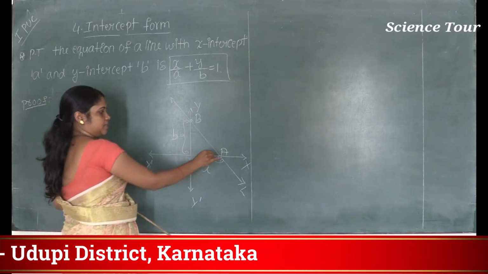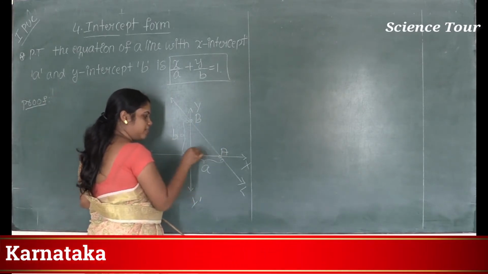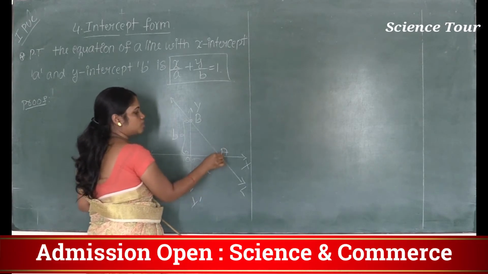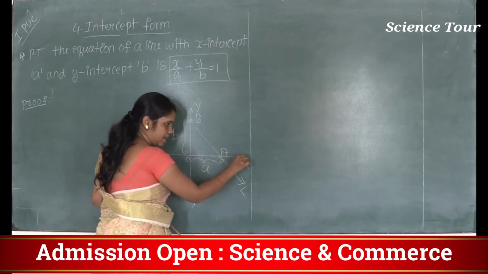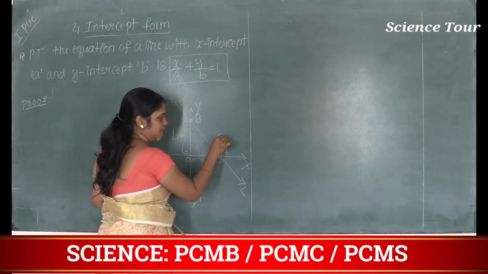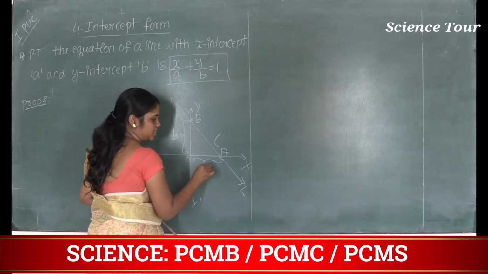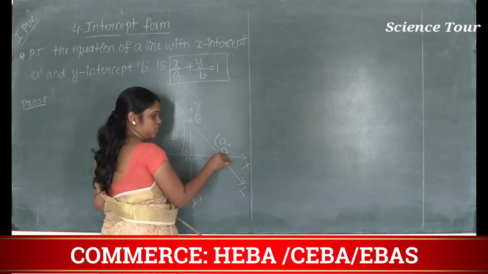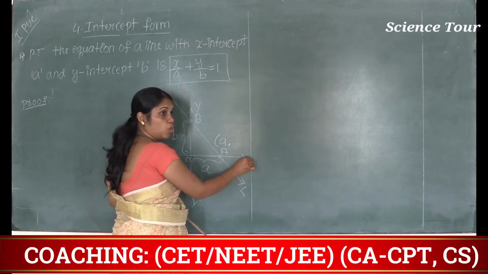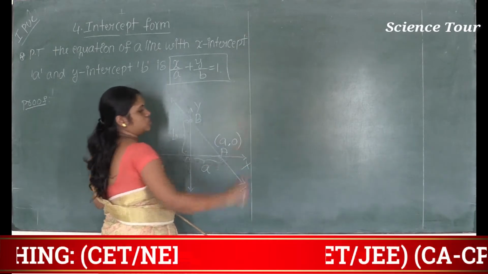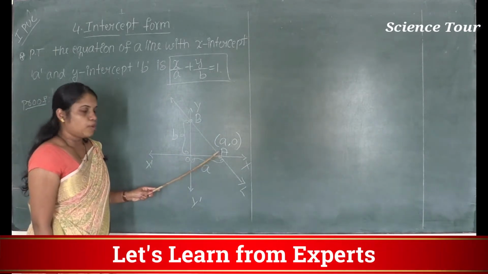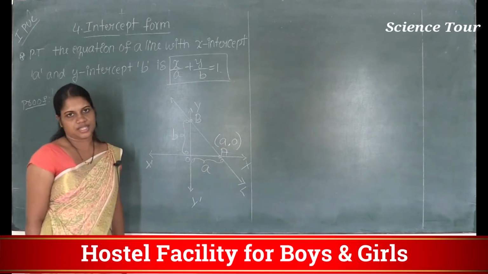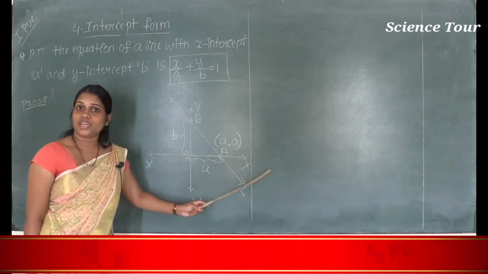See, the distance of this point A from the origin is a, given. Also you can observe here this point A lies on the x-axis. So therefore what about its x-coordinate? Its x-coordinate is this a, and we know that any point which lies on the x-axis has its y-coordinate equal to 0. So for point A, its x-coordinate is a and its y-coordinate is 0, because this point A lies on the x-axis.